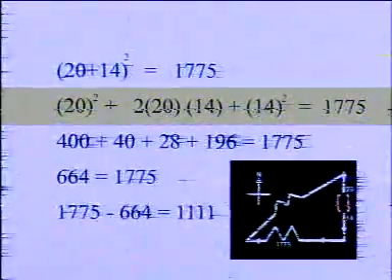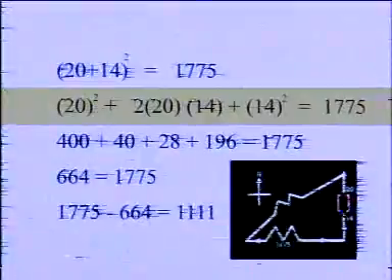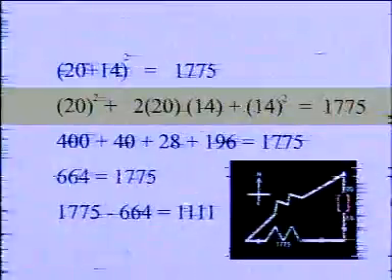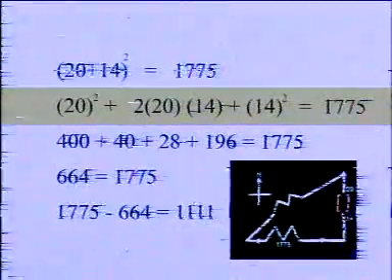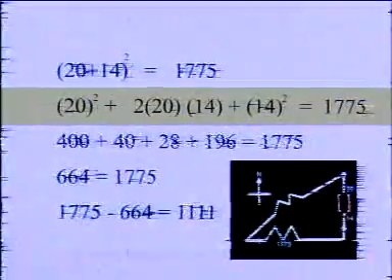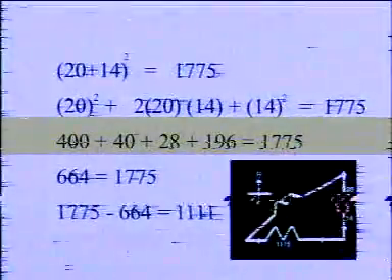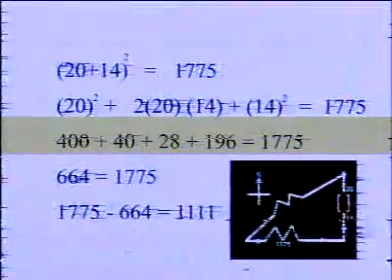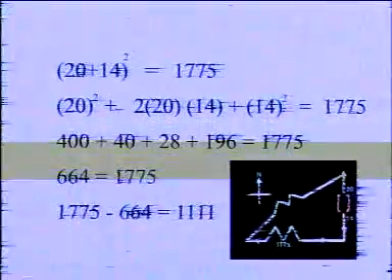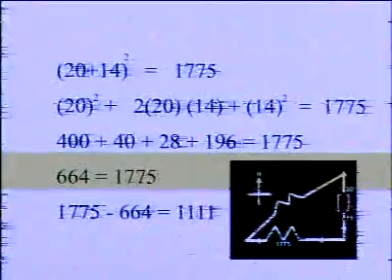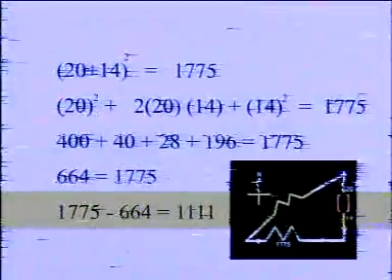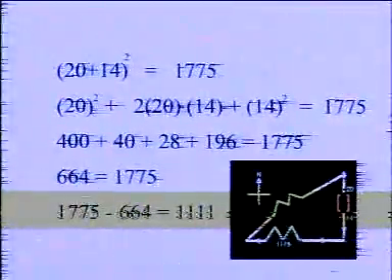In bracket 20 square plus 2 in bracket 20 into 14 plus 14 square is equal to 1775. 400 plus 40 plus 28 plus 196 is equal to 1775. 664 is equal to 1775. And now 1775 minus 664 is equal to